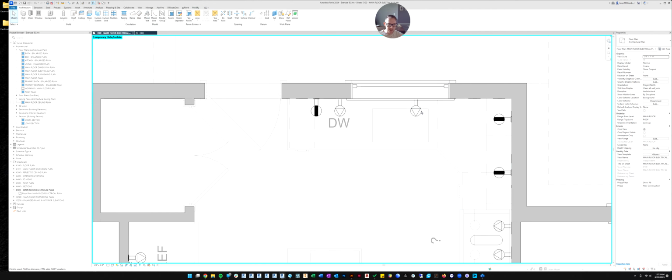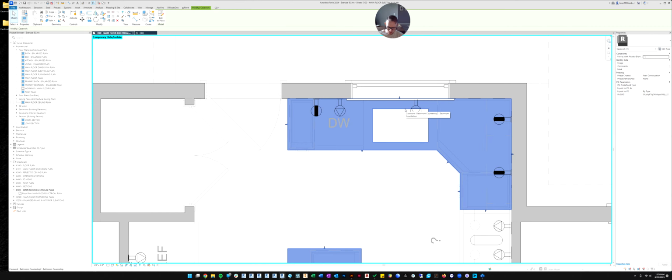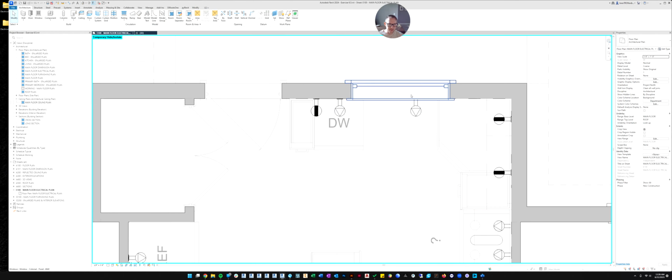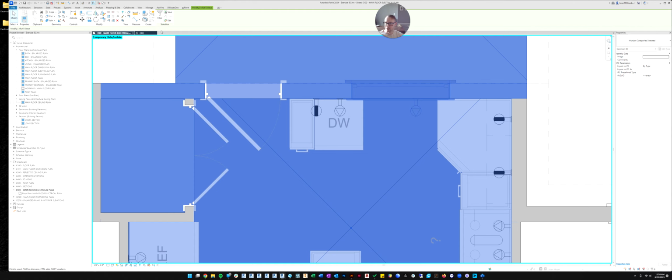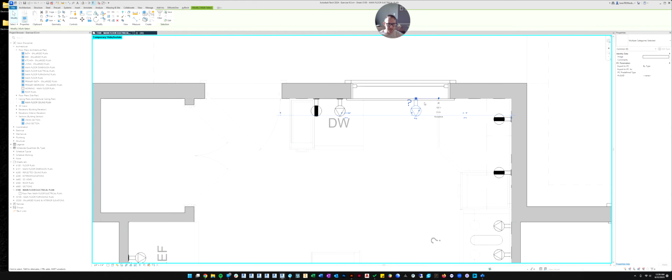I'm going to temporarily hide the sink because sometimes things get in the way of selecting your outlets. So this is being kind of difficult, so we're going to use the filter command to get that. And then we can label this GD for garbage disposal.